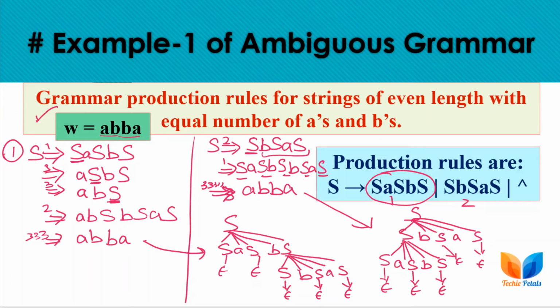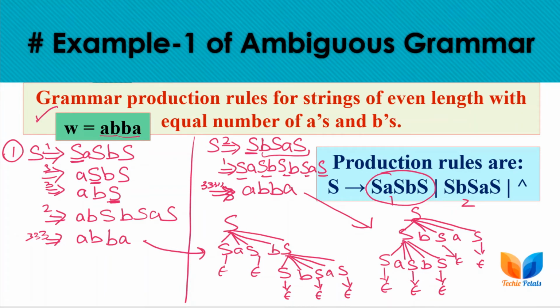So as we have two leftmost derivation paths for the same string, as we discussed in the definition, and also two leftmost derivation trees or syntax trees for the same string, we can say that this grammar is ambiguous. This grammar is ambiguous because we have multiple derivation trees from leftmost derivation. For this language we can also have an unambiguous grammar. There are production rules for deriving these strings unambiguously, but for this session we are discussing the ambiguity concept only. So this grammar is ambiguous.